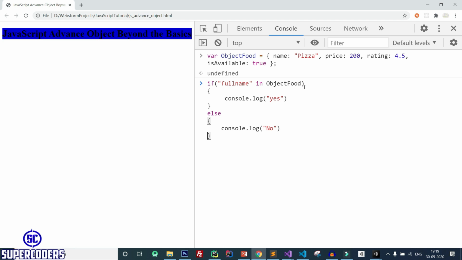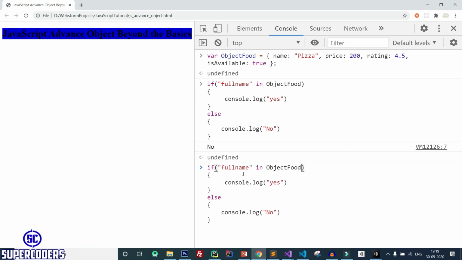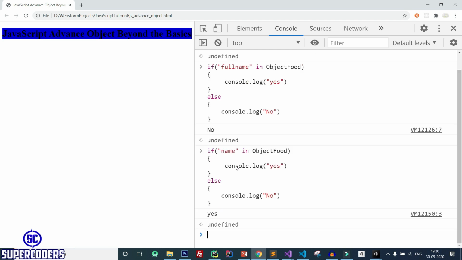Now let's check if it's working or not. So you can see it prints no because fullName is not inside the object food. If I try name, enter, you can see it is working. So in this way you can check whether an object contains a key or not. Then you can use another value or another method. Let's copy this and add it in our VS Code.